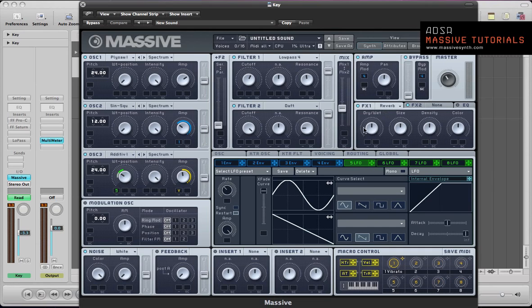So in the effects 1 slot, I'm going to add a reverb and pull the dry wet right down. This is quite a subtle amount of reverb, so just push that amount up slightly, just a little bit past 0 there, very subtle. Push the size right up. Density and colour can come up too. And next let's add a chorus,